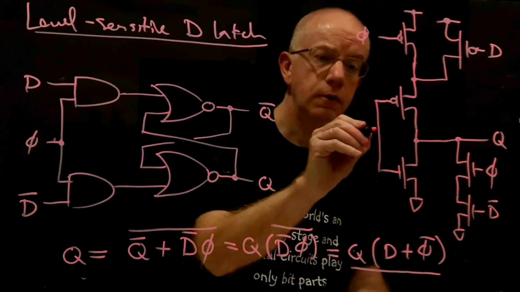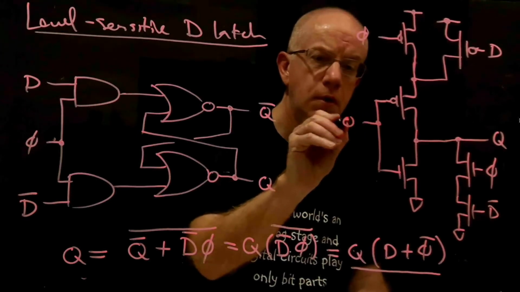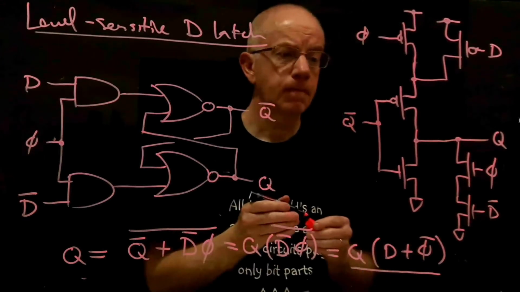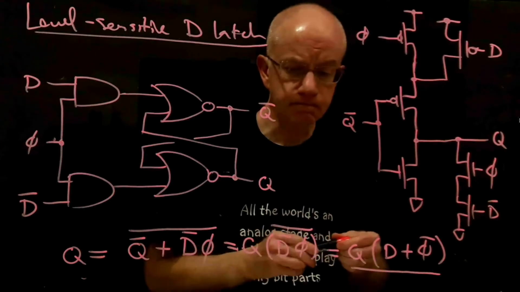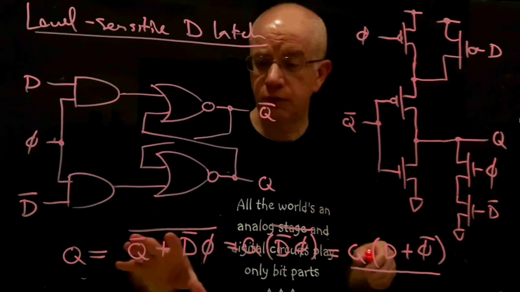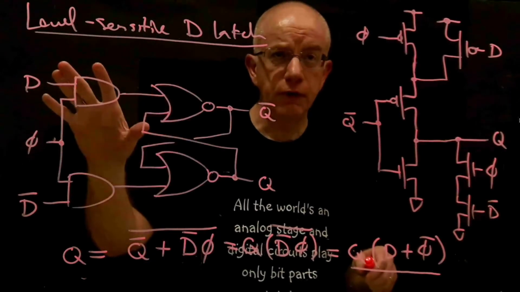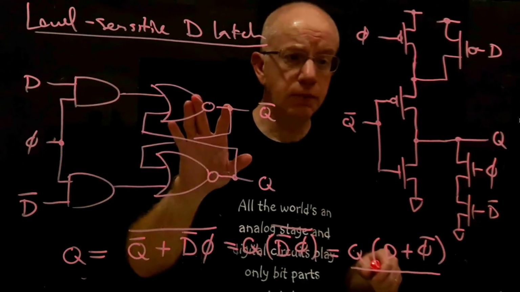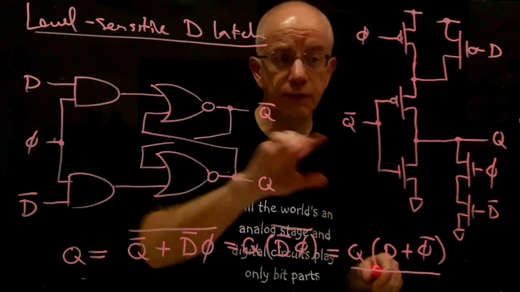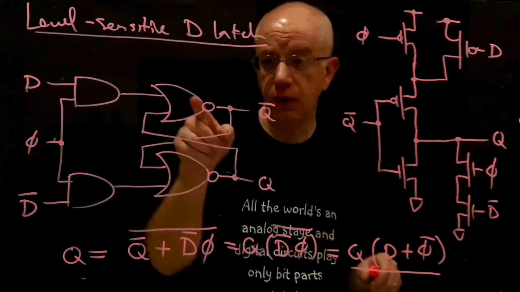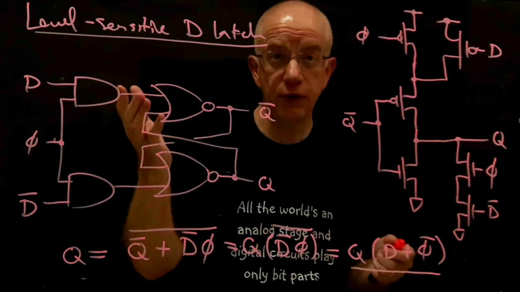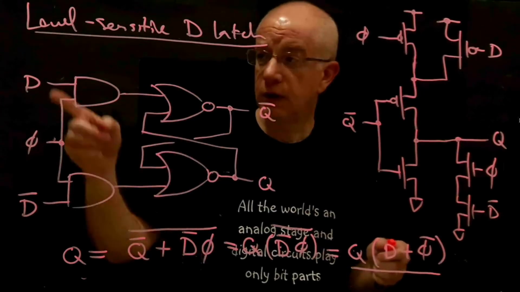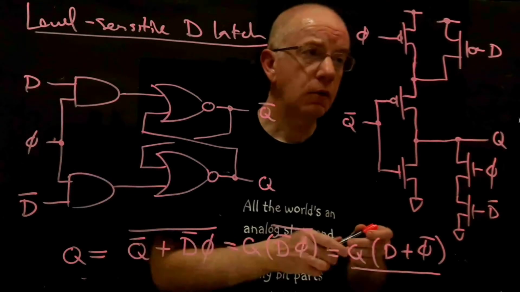And this should be Q bar. Now, of course, the other half of the circuit is symmetric, so the Q bar is the output of a very similar gate here, because obviously it's the same functionality, right? It's just that it has a D, where we have a D